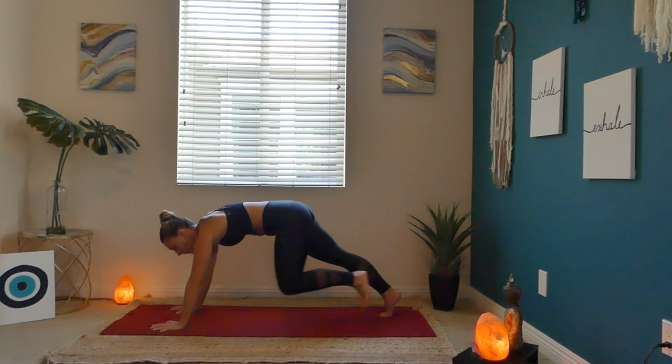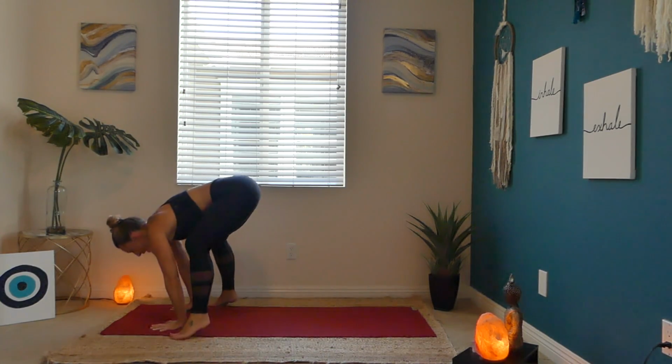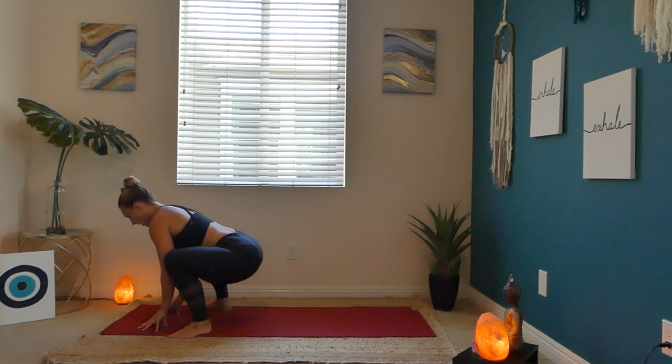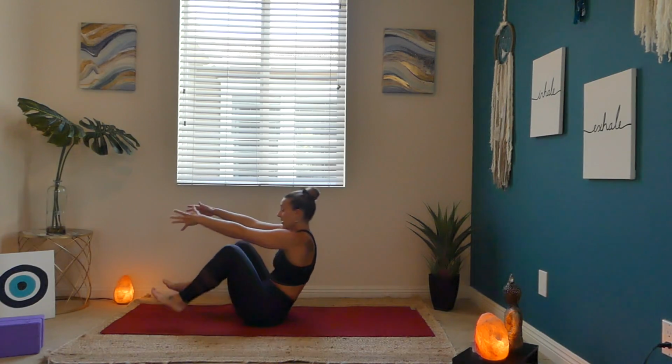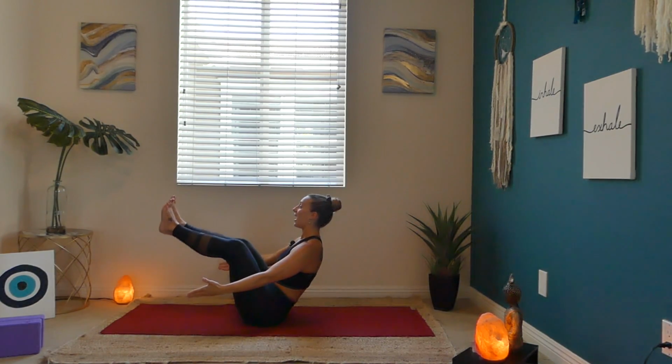Go ahead and step your feet up to the outside of your hands. Lower your hips and come into a frog squat, hands at your heart center. Breathe here. Take a breath in here. Take a breath out. Go ahead and slowly sit onto your bum from here and then lift those heels high,